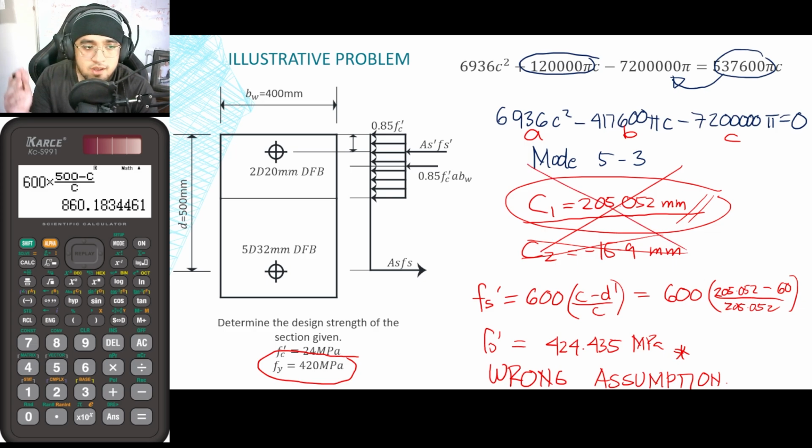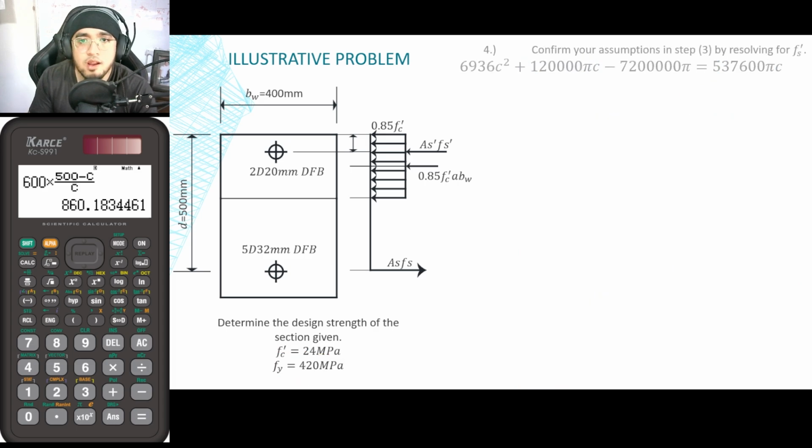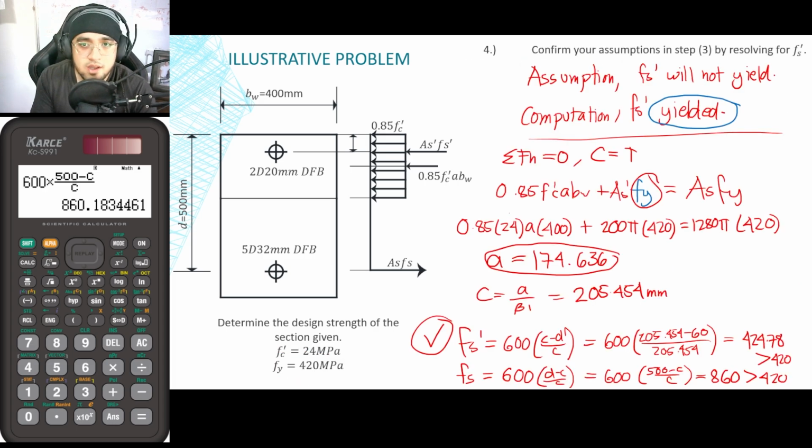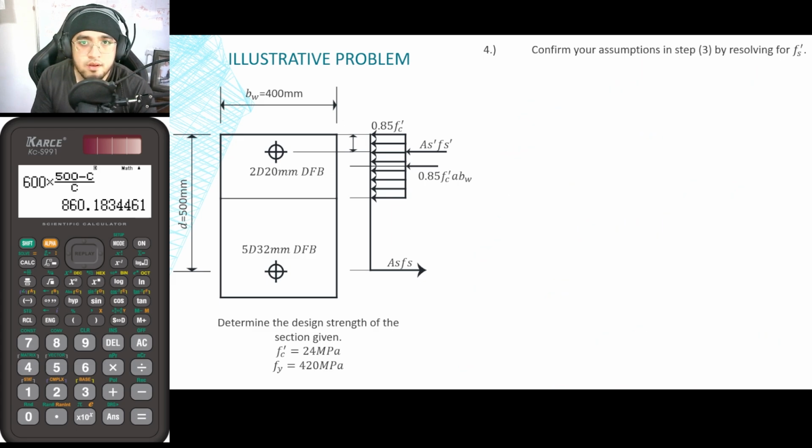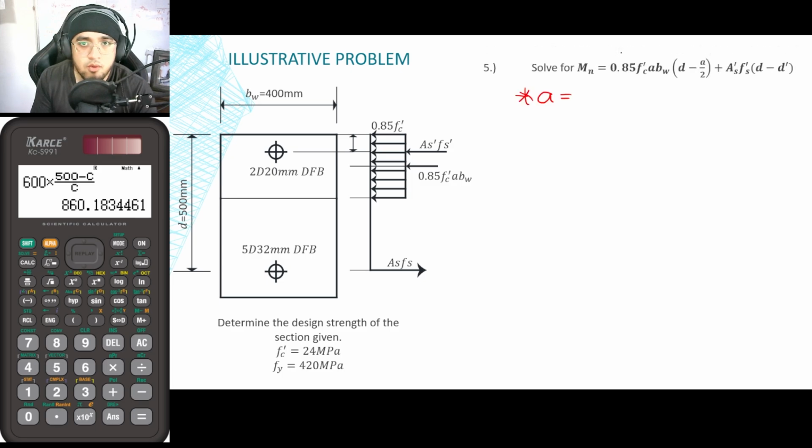So just forget about that and solve for the new one. The correct assumption is that both of them would yield. Thus, a is now equal to 174.636. And we have already confirmed that the value of Fs prime is now equal to Fy since it has yielded, and this is now equal to 420